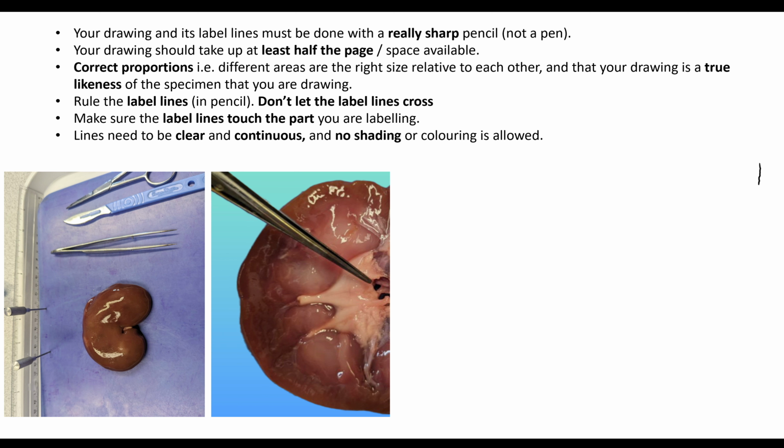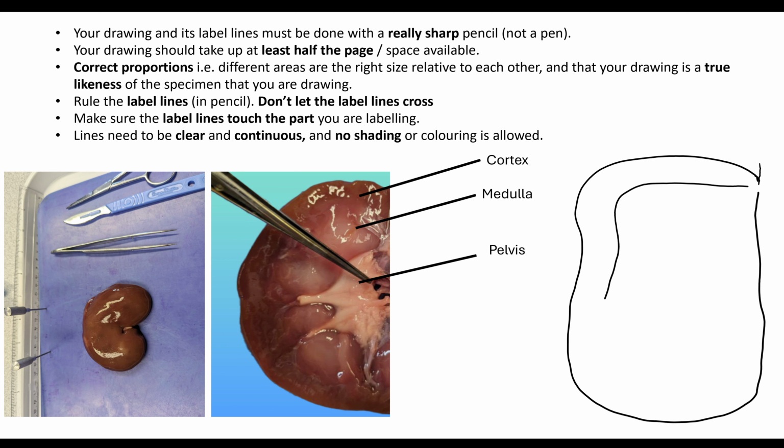Now, it's really important that whatever you are drawing is a likeness to the picture that they have shown you. So don't try and draw a textbook diagram. Make sure that what you are drawing is a likeness of what you could see. You should use a ruler to label your lines, and do not let those label lines cross. Also, they must touch the part that you are labeling, and it must be clear. So it's really important whenever you do your diagram